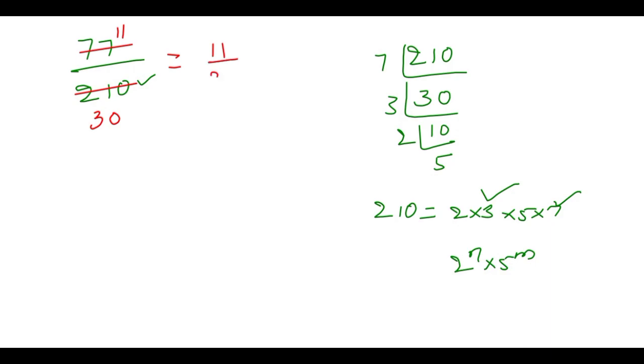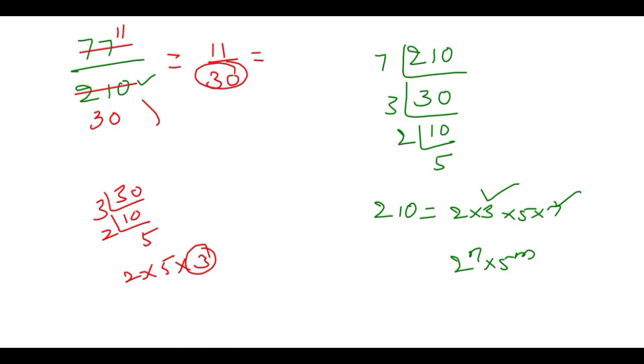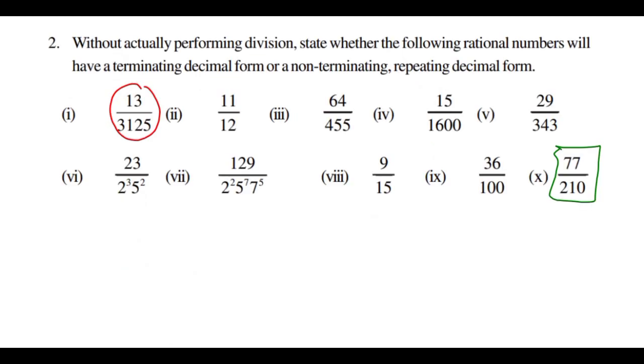11 by 30. Okay. Sorry my dears, I said it is terminating, right? But it is not terminating, because 11 and 30 cannot be cancelled. Now in the denominator, 30 you can write as 3 into 10, that is 3 into 2 into 5. So additionally with the 2 and 5 we have 3 also, so it is non-terminating. Okay, don't get confused. I thought it should be cancelled by the 3 table also, so that it is terminating, but finally it is non-terminating. Like that, one more problem is there, we will discuss.